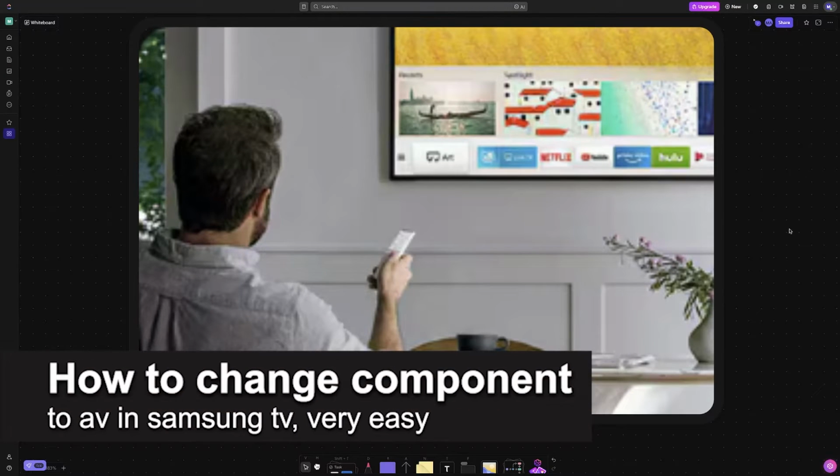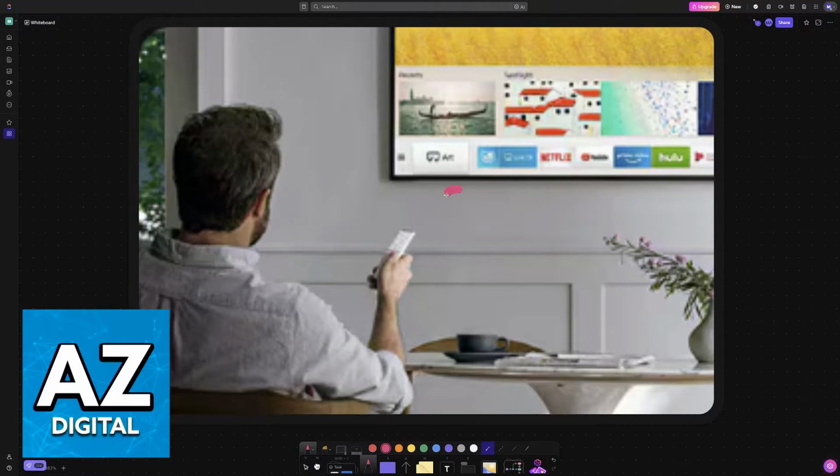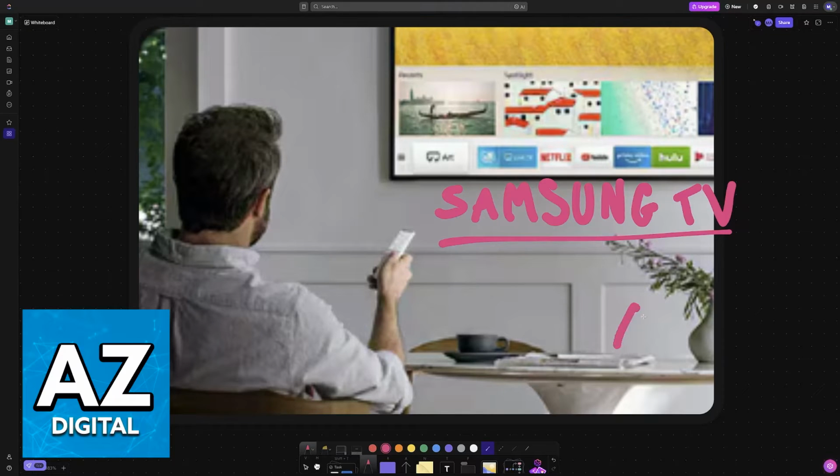In this video, I'm gonna teach you how to change component to AV in Samsung TV. It's a very easy process, so make sure to follow along. If you have any model of Samsung TV, you will be able to manage the connection type and change it accordingly to AV. So you will be able to go into the options and manage this connection type according to